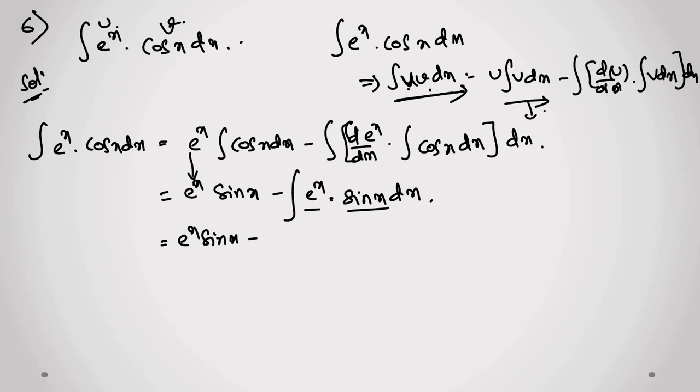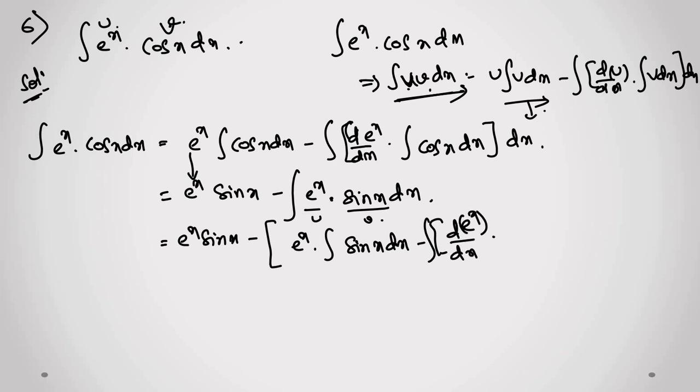This is the u and v method, this is u and this is v. So I will take a big bracket here. It will become u, that is e power of x, into the integral of sin x dx, minus the integral of d by dx of u, that means e power of x will come only, into the integral of sin x dx again, into dx. So please watch step by step. I am writing neatly step by step, please concentrate on every step.